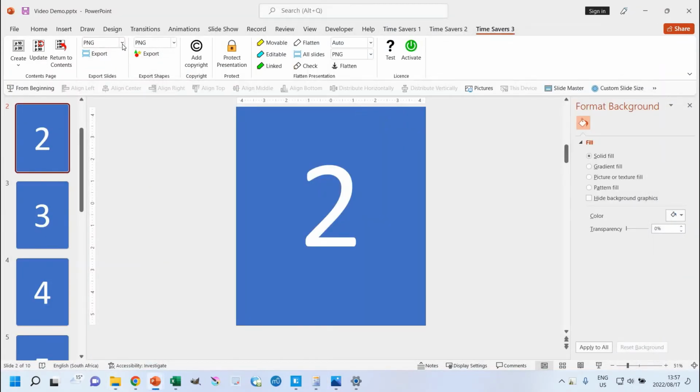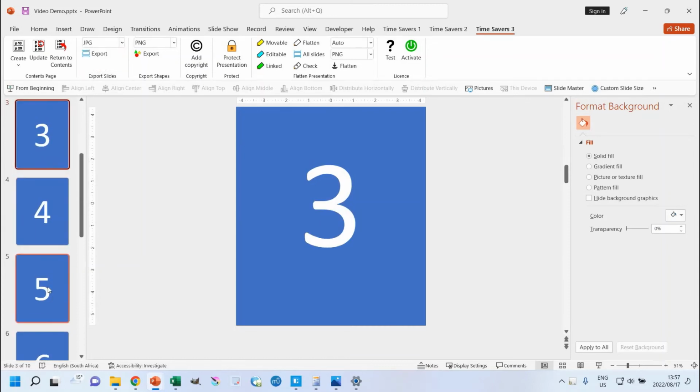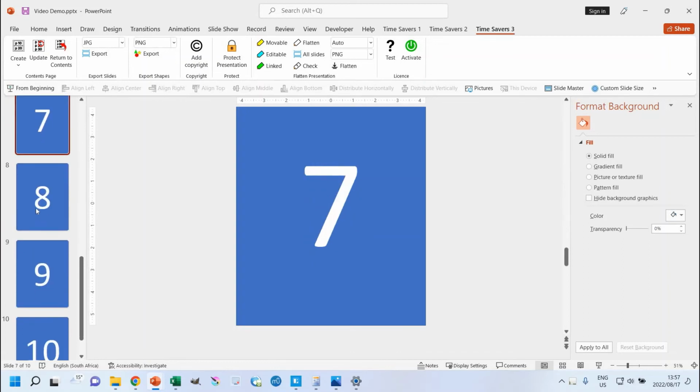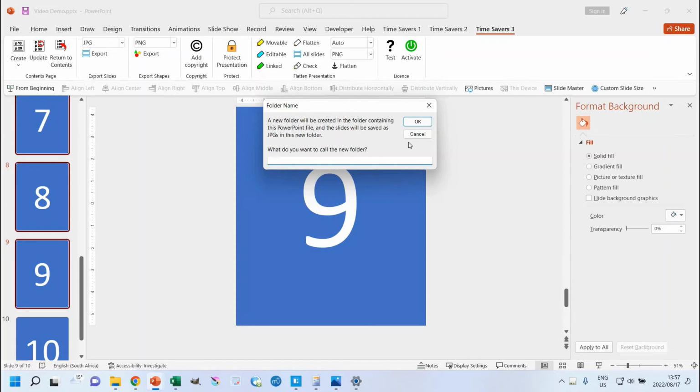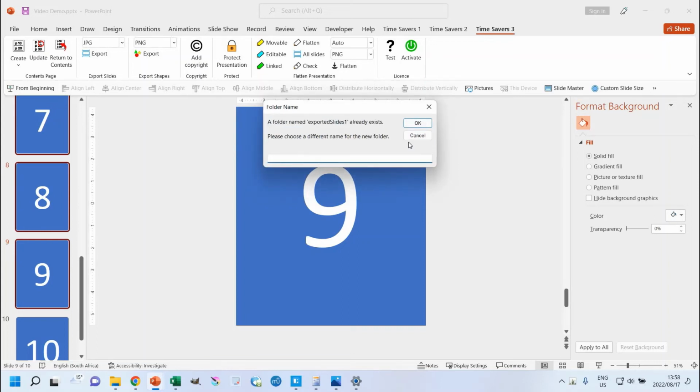Now if you wanted to export JPEGs instead, then obviously you can do that, and I will just go and export 3, 5, 7, 8, and 9. So now I'm going to export, and this time I'm going to keep it as the default. So I'm going to click OK, and here I will call it Exported. Now if I try and name it the same thing as I named the previous folder, I get another message saying that there's already a folder with that name that exists. Please choose a different name for the folder. So I'm going to choose